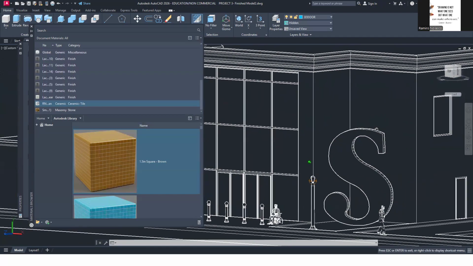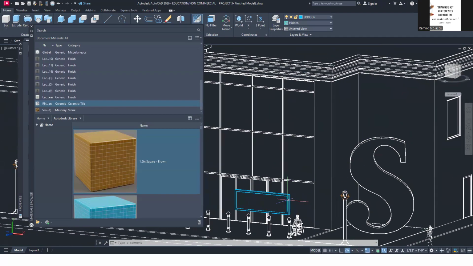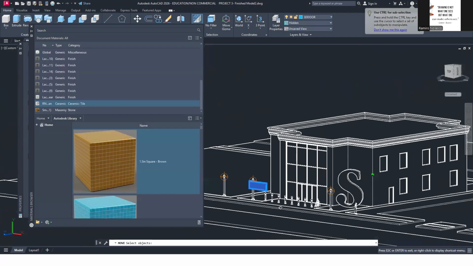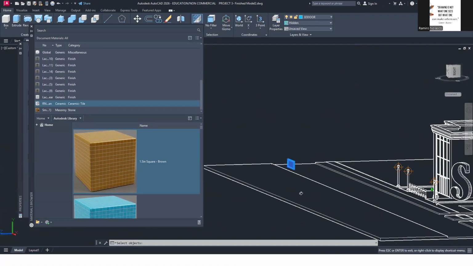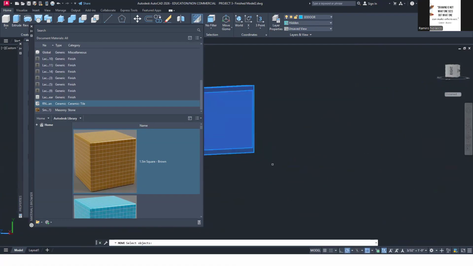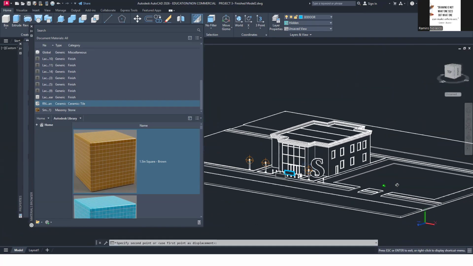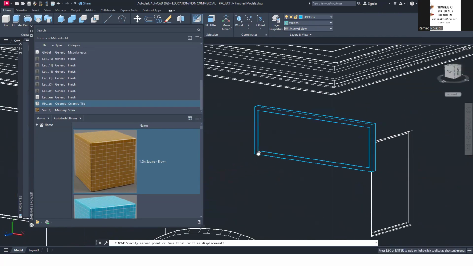So I need a construction line to align this. So maybe I'll try moving it, move. So moving both, okay? And then move from the back, right? From endpoint to try to align it here.